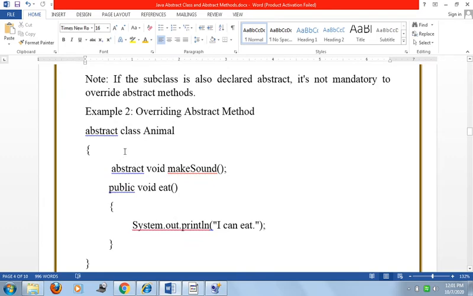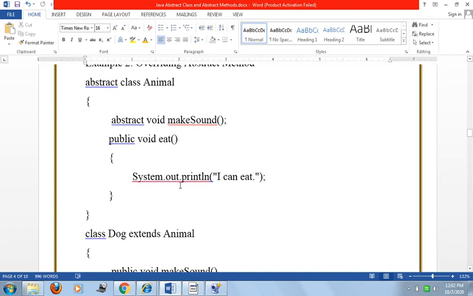Here again I take an abstract class Animal. In that abstract class Animal I take an abstract void makeSound method, and I take another non-abstract method, public void eat. Now in this eat method I only write I can eat.